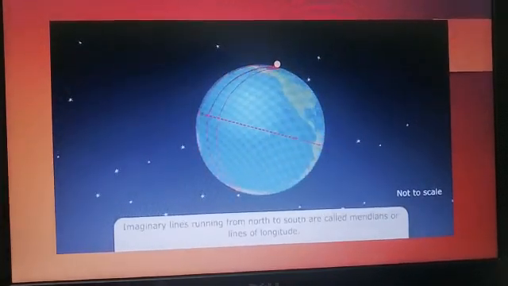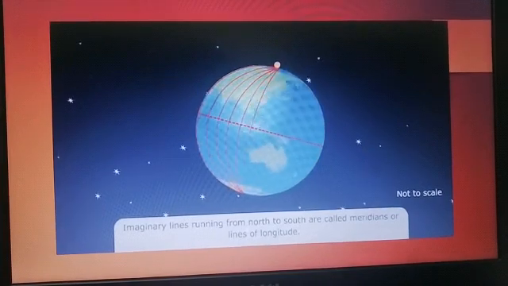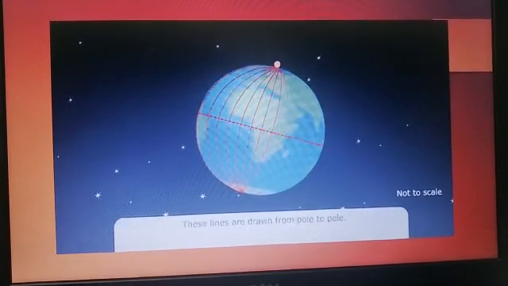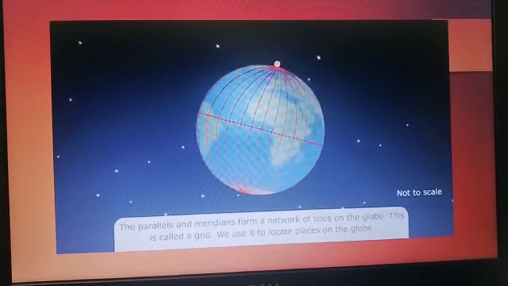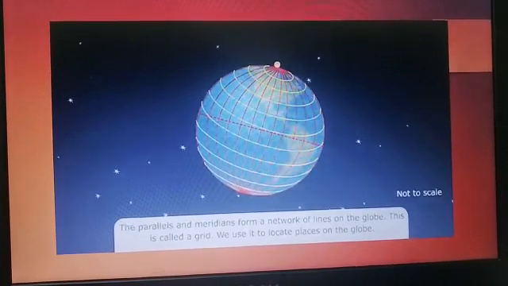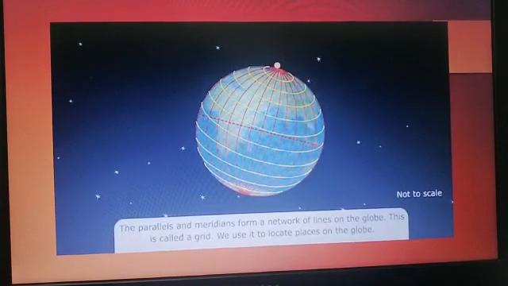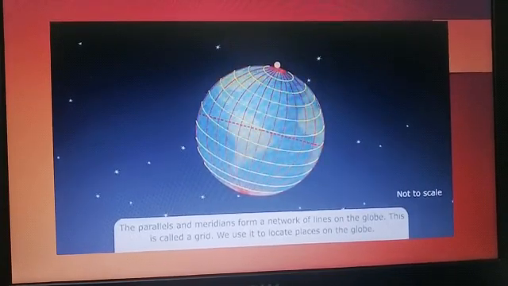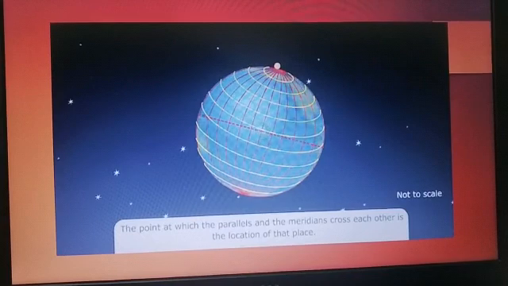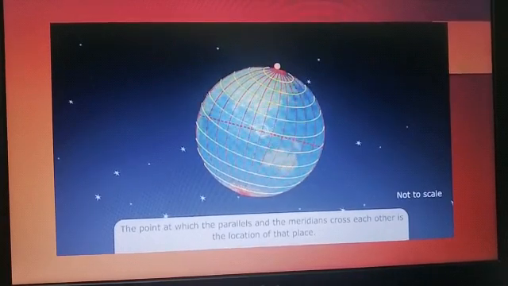Imaginary lines running from north to south are called meridians or lines of longitude. These lines are drawn from pole to pole. The parallels and meridians form a network of lines on the globe. This is called a grid. We use it to locate places on the globe. The point at which the parallels and the meridians cross each other is the